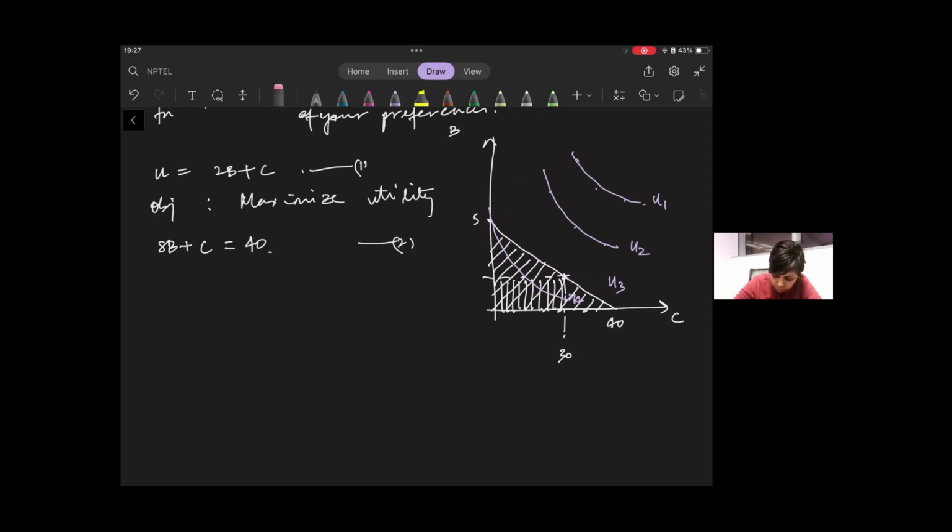Let me erase this. We'll try to find the consumption values B and C for which utility is maximized,